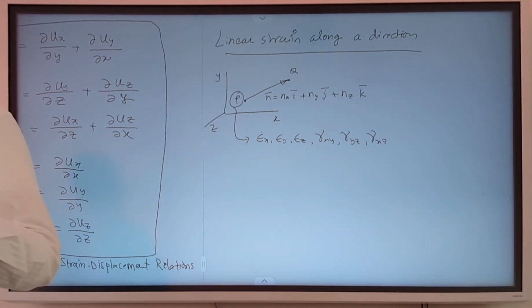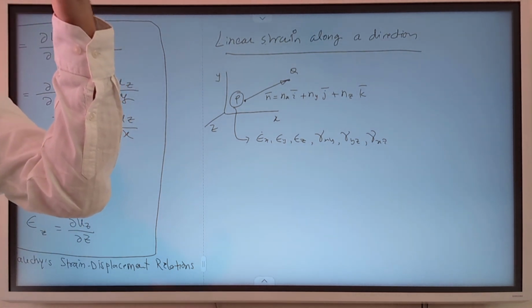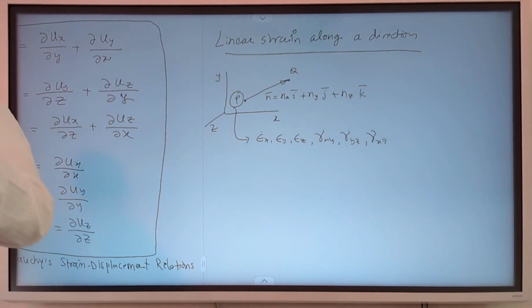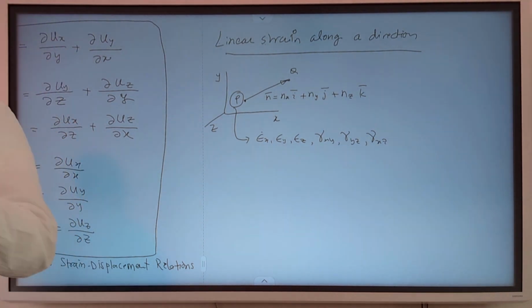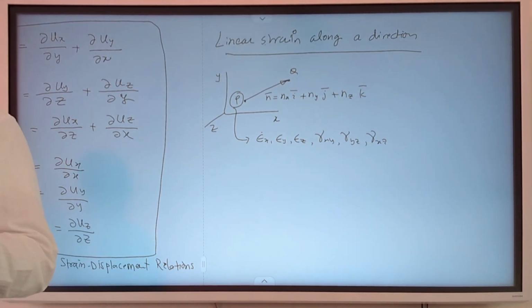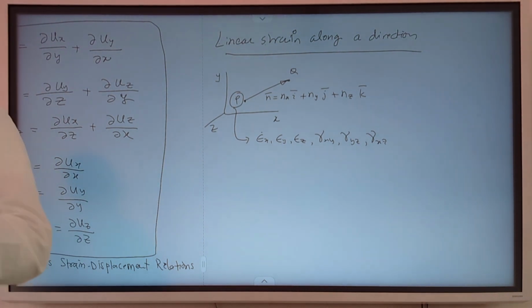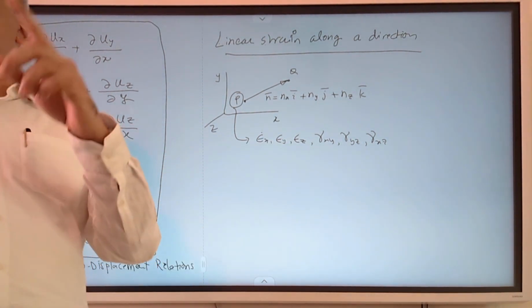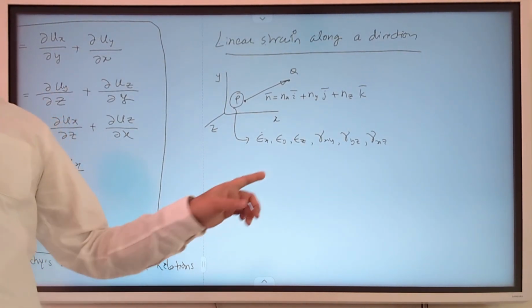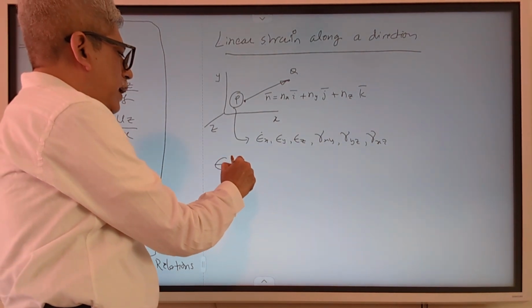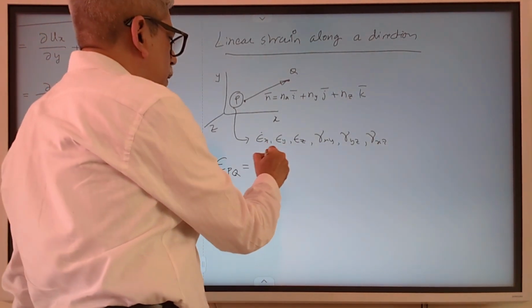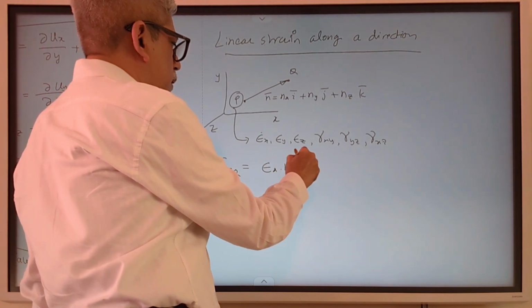One would generally be interested in finding out the direction in which the elongation is maximum. As an engineer, you would like to know, as a failure criterion, the maximum elongation or maximum strain. In order to find the maxima, first you have to write a general equation for any general direction in terms of the given strains, the linear strain component. This proof we are not covering, so I am just giving it directly. So epsilon PQ is epsilon x nx square